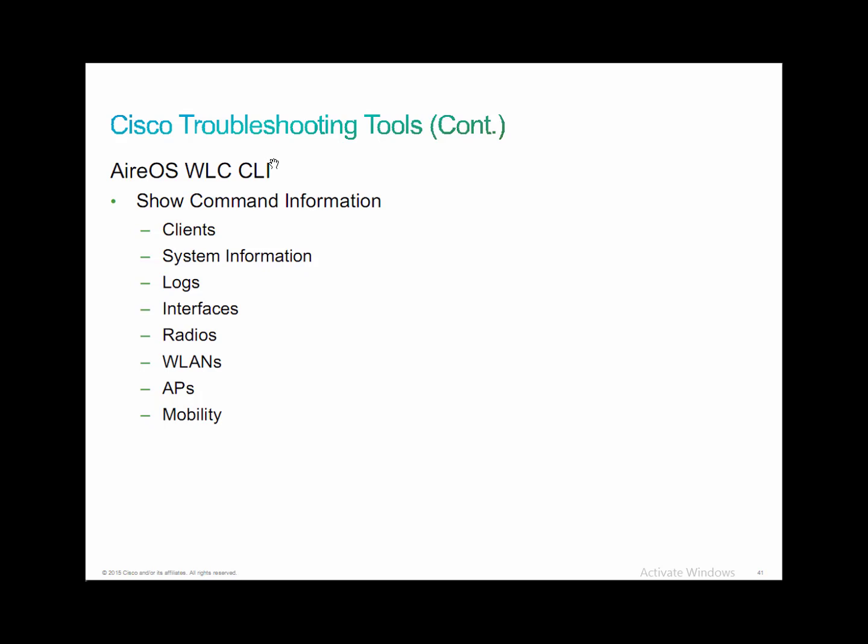You can view logs by doing show logging. You can see interface statistics by doing a show port summary or show interface summary. You can look at radio information by doing a show 802.11a or show 802.11b. You can look at wireless LAN settings by doing a show wlan and then putting in the SSID. That'll give you the information about the status of the wireless LAN, the settings for that wireless LAN, the name,